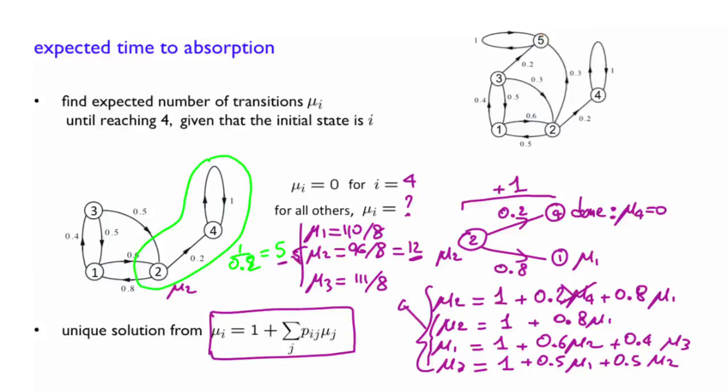So it makes more sense to think about what is the expected time to any absorbing state, so to either 4 or 5. Now, if you are interested in that quantity, one trick in order to solve that problem using the technique that we have seen so far is to combine 4 and 5 into one mega state, call it whatever, 6. Right? And 6 is a combination of 4 and 5. It's a big absorbing state. And once you're in 6, you stay in 6. Right? And now you just have to define exactly what is the probability of transition from 1, 2, and 3 to that mega state.